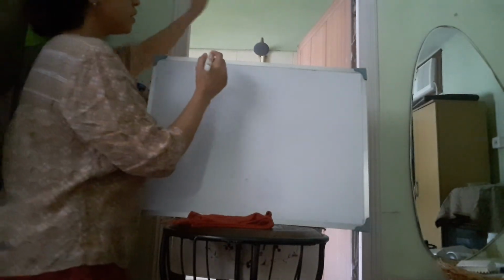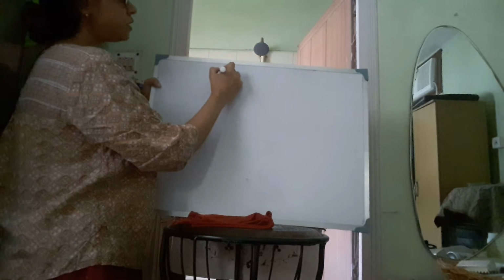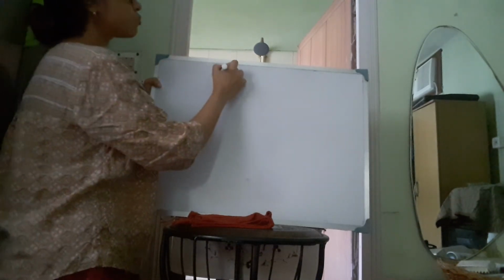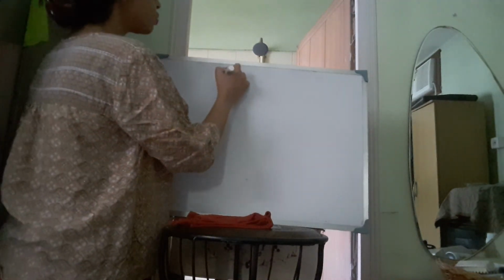Now for interpreting the ANOVA table, we need to know the theory behind this. So what is the ANOVA table? The ANOVA table basically gives us three sums of squares. One is the total sum of square, and the other two sums of squares are the residual sum of square and estimated sum of square. So what is total sum of square?